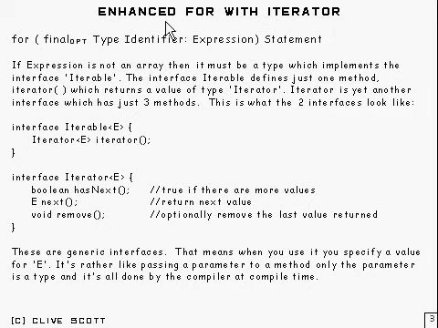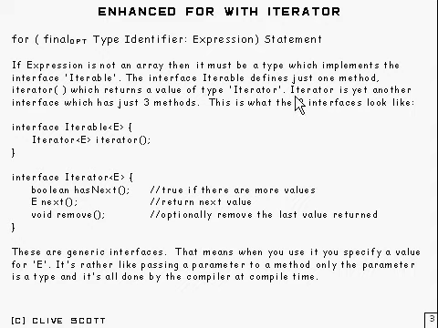This is the second form of enhanced for loop, and it's called the enhanced for loop with iterator. Now it looks just the same as the previous thing, only this time expression is not an array. Instead of being an array, it's got to be a type which implements the interface Iterable. Now the interface Iterable defines just one method, which is called iterator, and that returns a value of type